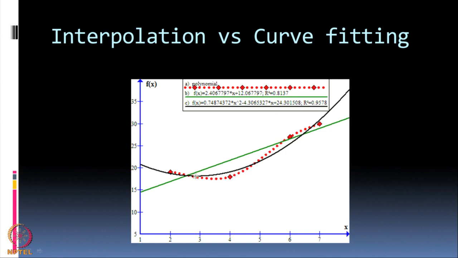Now, what are the uses of interpolation? Suppose I want the derivative of this function at any point in this region, I can get a derivative. If I want the integral of this function, I can get an integral. So, many operations that I want to do with this data, I can do with this interpolating curve. How to interpolate is the problem of interpolation. So, that we will take up shortly.